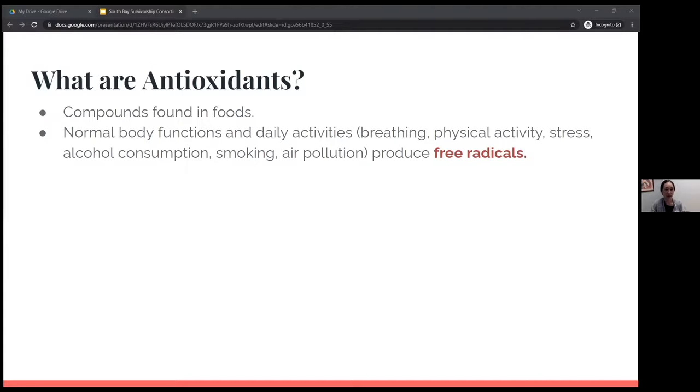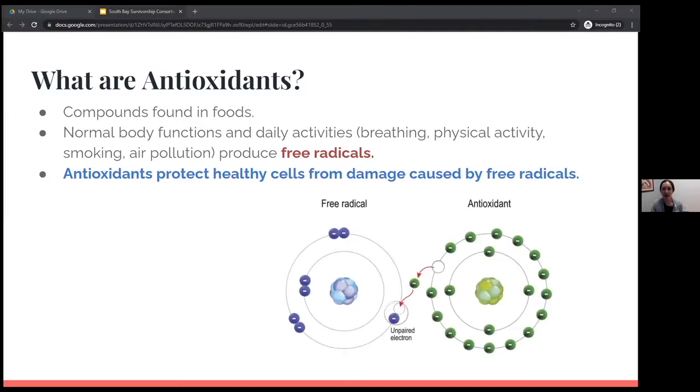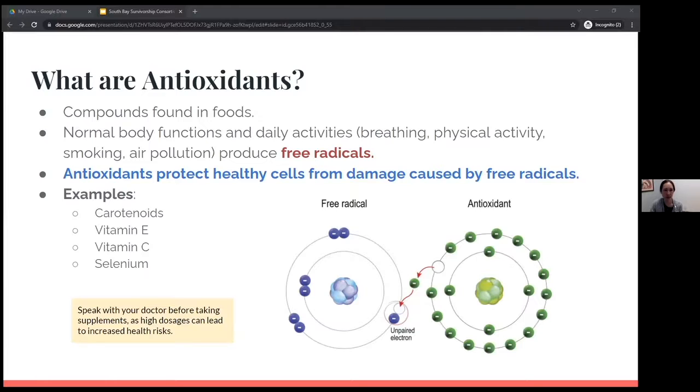And what happens is free radicals attack our healthy cells. So we don't like having free radicals floating around in our body in too large of quantities. Antioxidants counteract free radicals. So they protect our healthy cells from damage that can be caused by free radicals, and they help to remove them from the body. Some of the most common examples of antioxidants, which we'll go into more detail, are carotenoids, vitamin E, vitamin C,